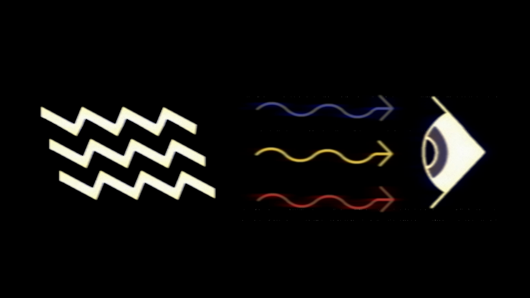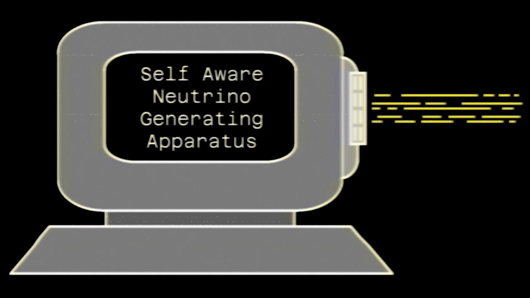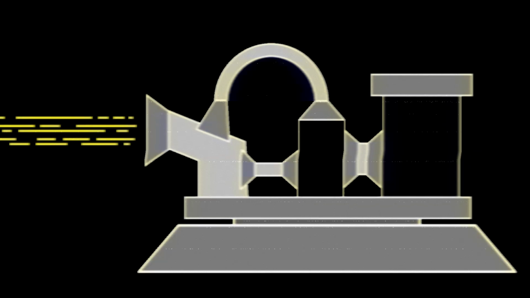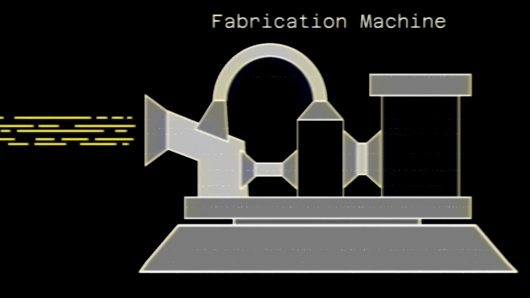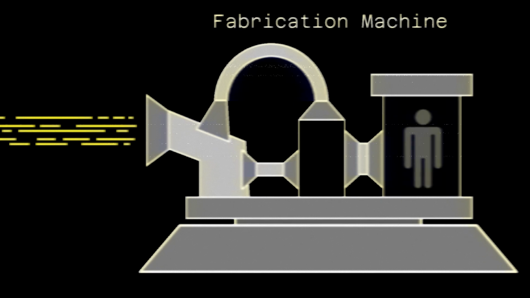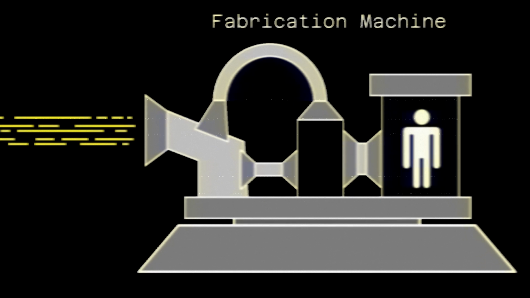Data would be transcribed and emitted by a self-aware neutrino-generating apparatus. The data archived in the neutrinos, which would be beamed at a special receiver, would be preserved by the nature of the particles. This information was to be read by a fabrication machine which would then physically realize the encoded objects, materializing them in a synthesizing chamber. Project Starstream was criticized for its excessive use of speculative technologies and overall unfeasibility. As a result, the project was terminated in 1997 and the employees fired.